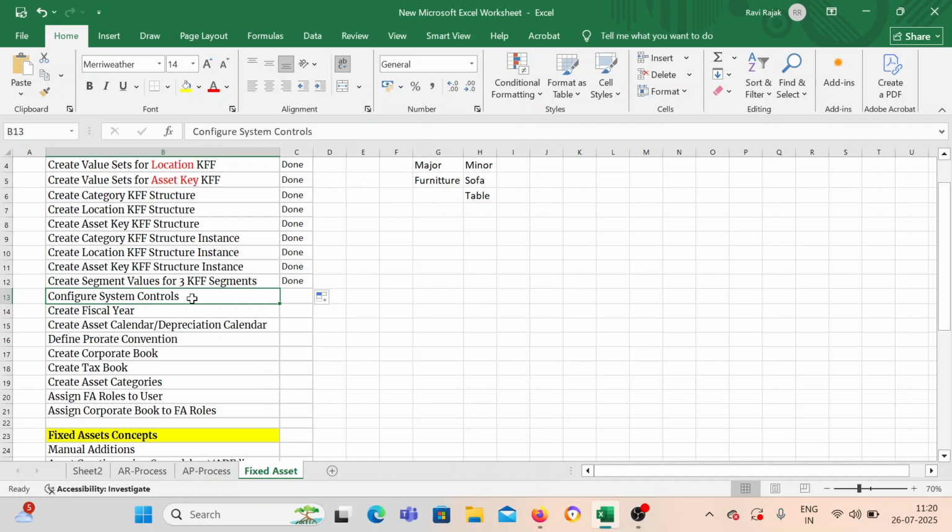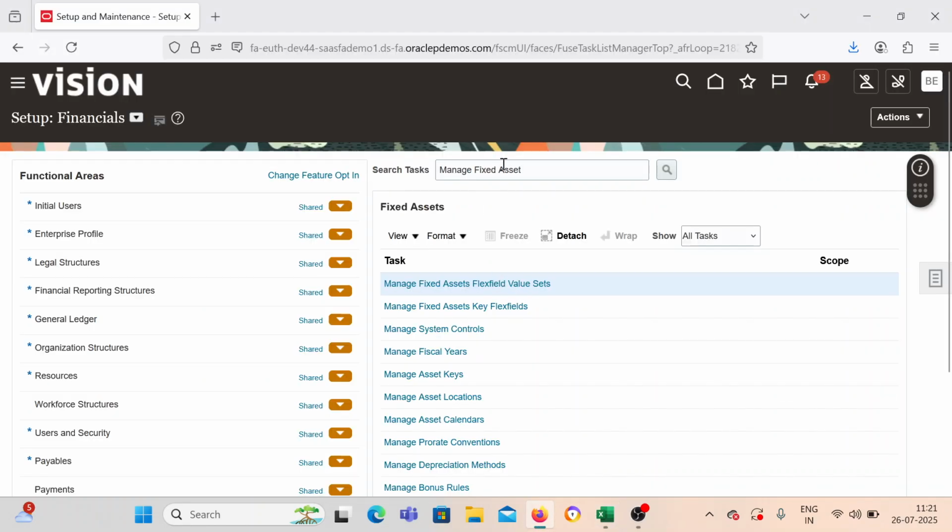And these setups you cannot perform country specific or by any other criteria. Let's say you are implementing in 100 countries, you need to do these setups only one time. So let's see how it looks like. Search for the task called Configure